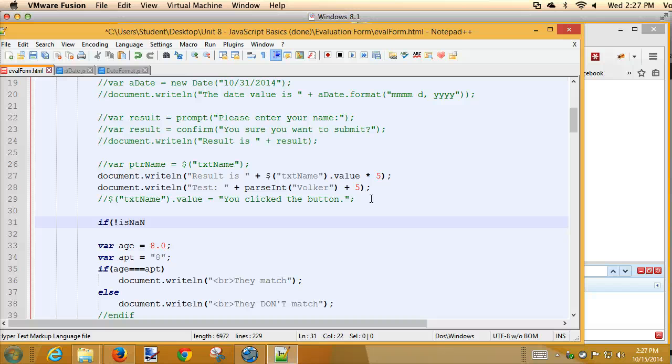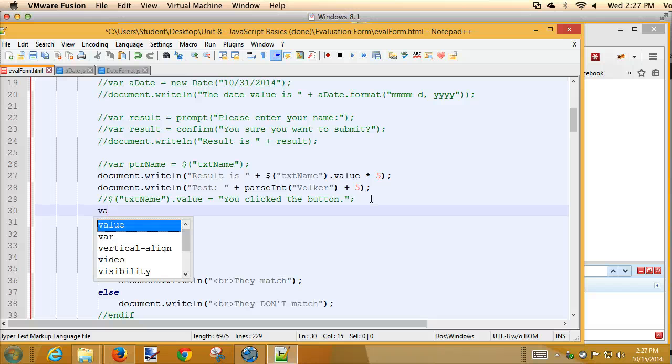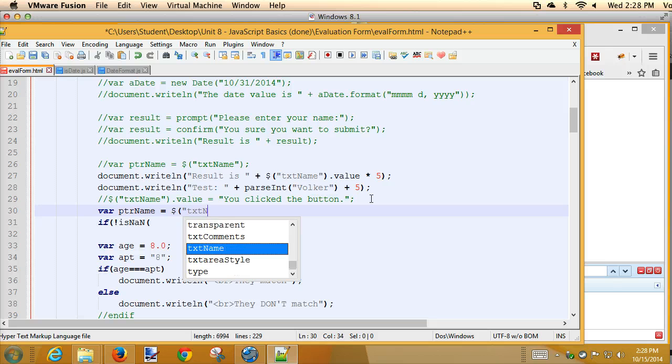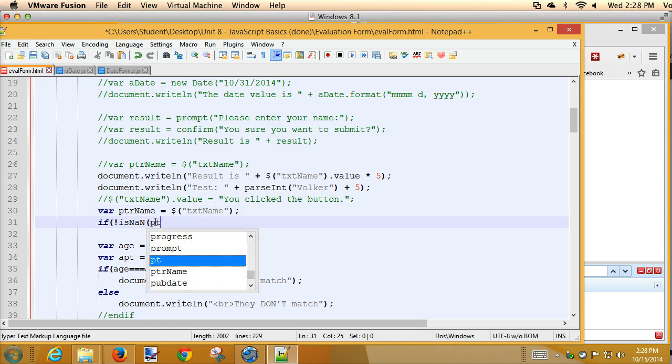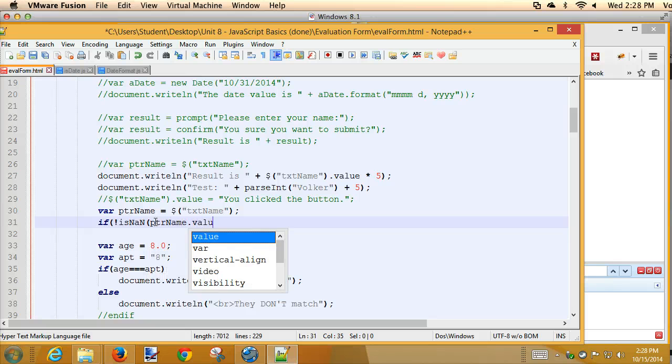If it is not a number, what? Well, let's do a variable here real quick called my PTR name, and that's equal to that, because I'm going to use it twice. If the PTR name dot value is a number, and